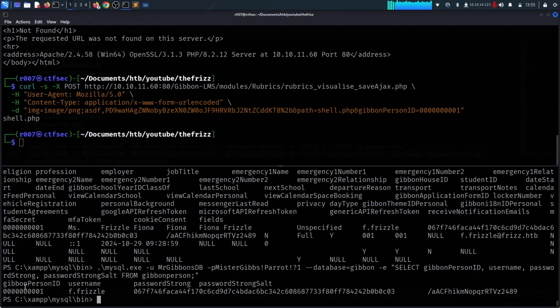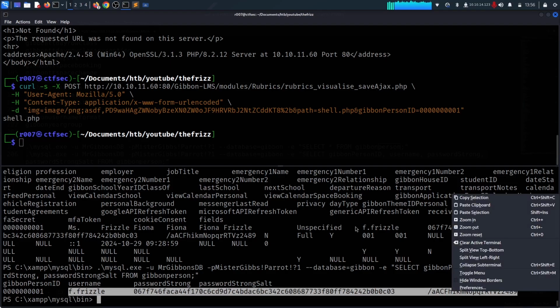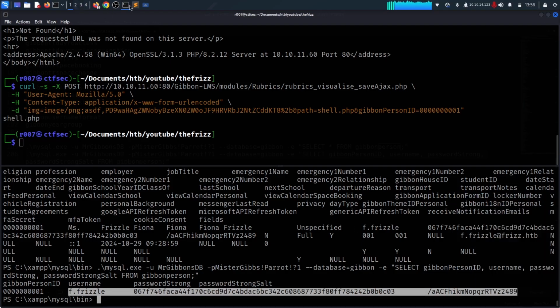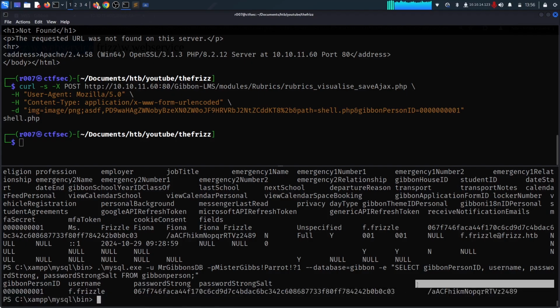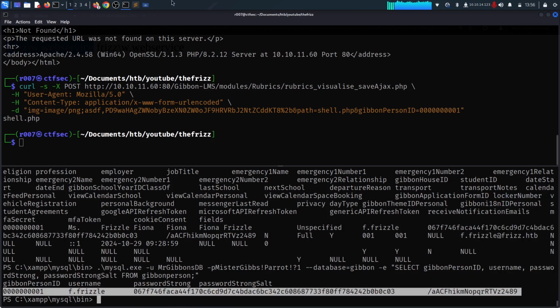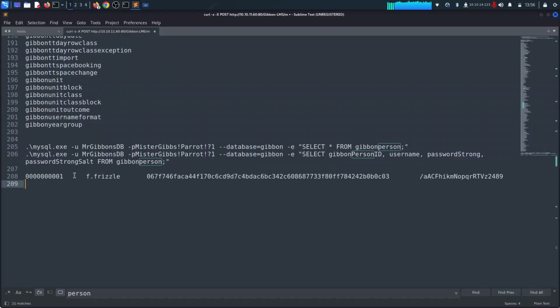Okay, good. So now we have this to be the Gibbon person ID. We have the username to be f.frizzle, and we have the password strong and the password salt. So I'm going to just grab everything here, and I'm going to take this. I might need to also grab the person ID. So let me just put it right here. But what is important right now is